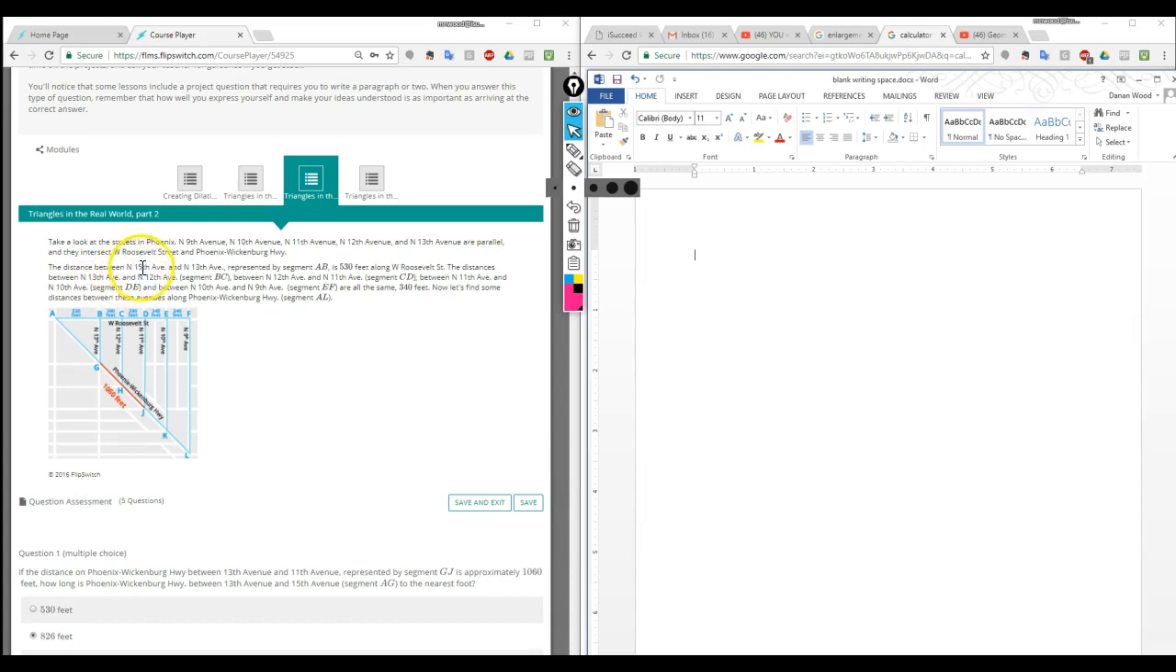The distance between North 15th Avenue and North 13th Avenue, represented by segment AB, so this is 15th Avenue. So A to B is 530 feet along Roosevelt Street. The distances between North 13th Avenue and North 12th Avenue, segment BC, between North 12th Avenue and North 11th Avenue, segment CD, between North 11th Avenue and North 10th Avenue, segment DE, and between North 10th Avenue and North 9th